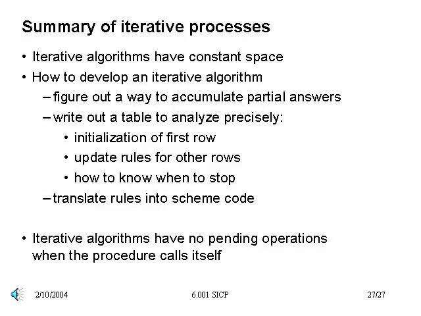What this does for us then is let us see that in fact we can have algorithms that have linear growth, which is our recursive version. We can also have algorithms that have constant growth. And we've talked about how to develop an iterative algorithm by a specific set of methods in which we try and figure out how to accumulate partial answers, how to identify a set of state variables that characterize the computation, and then write out a table that actually very specifically analyzes that stage. How to initialize the first row, how to go to update rules to move from one row to the next row, how to know when to stop, and where the answer will be when we do. As a consequence, we have two different kinds of algorithms that are going to both be very useful for handling